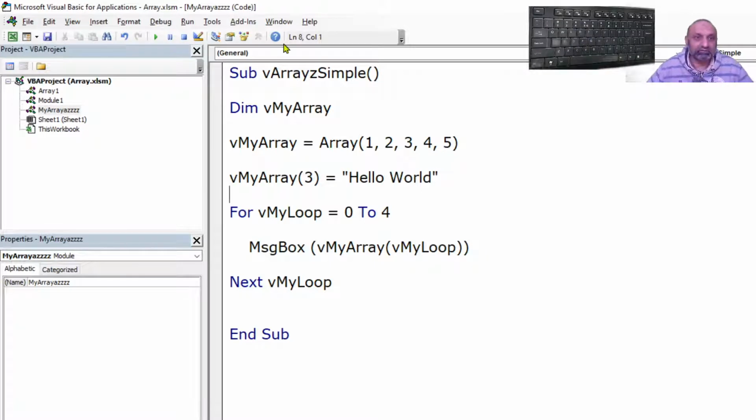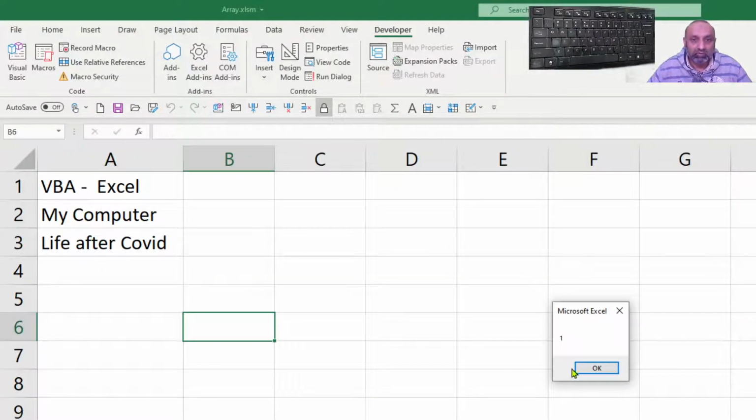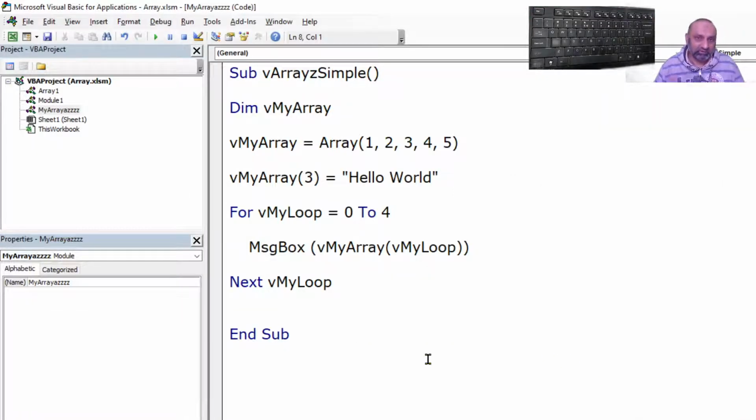So let's run this now. 1, 2, 3, 4. This is hello world, and 5. So you can replace by simply